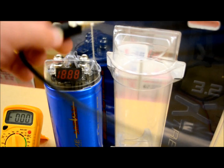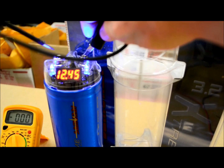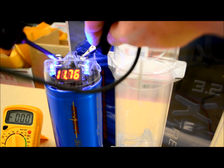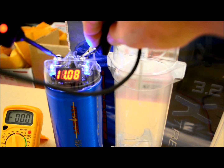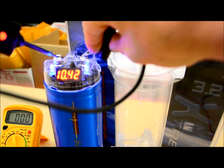which lucky for me has an auxiliary ground, so that way I can use this here, put my test light on there, and you can see that when I touch it, my light is coming on. The voltage meter is coming on because it's sensing activity. You can also notice that the voltage has gone down from where it was, 13.6. Now we're at